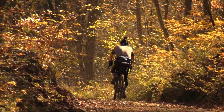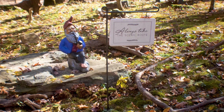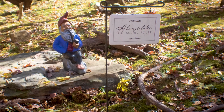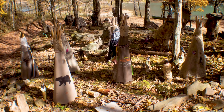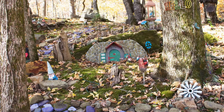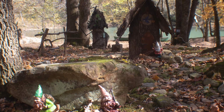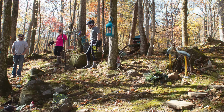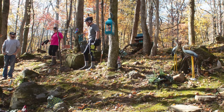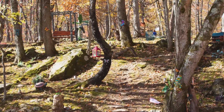I was able to ride down to this area where they have a gnome village. You always find these little finds on any of these routes. I had heard about this little gnome village, and it actually is right on the route. We found it, and I was able to get off my bike and walk around. It was a really cool little place where I could get some water,